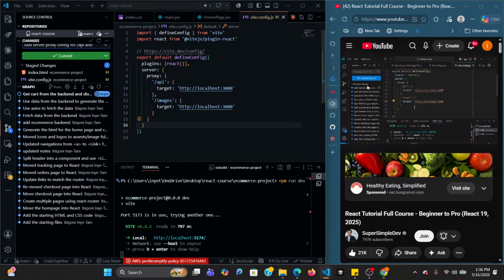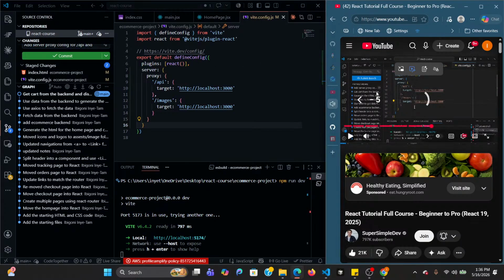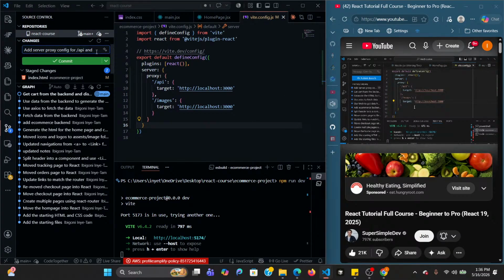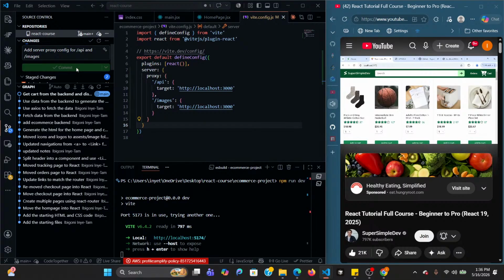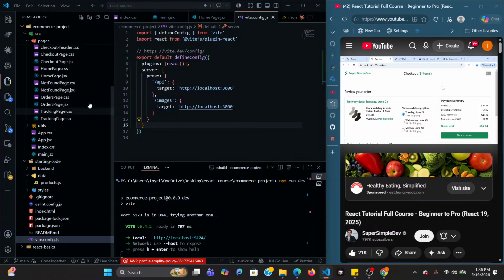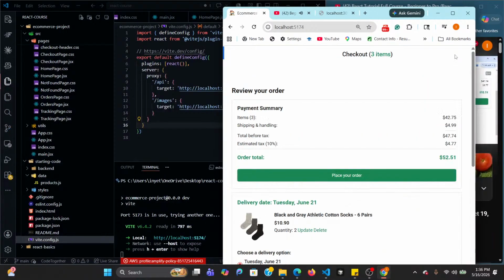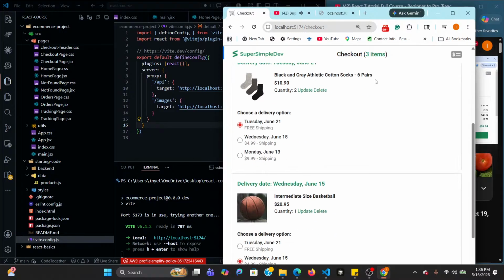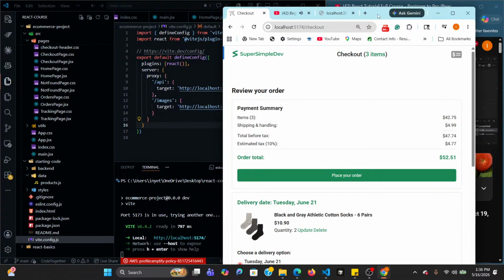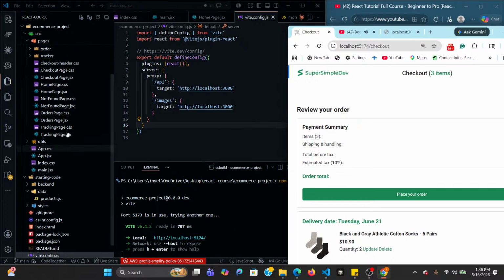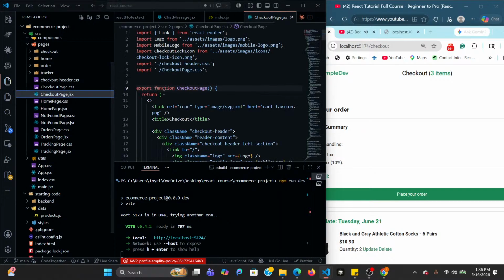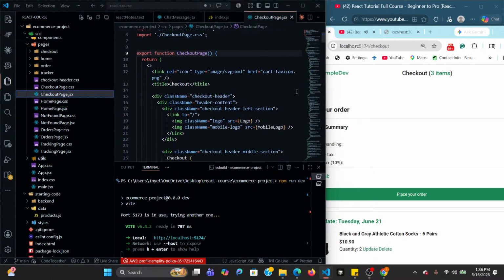Next, we're going to move on to the checkout page. So let's open the website, and we'll click the cart icon in the top right, and we're going to work on this page. So on this page, we also need the cart to generate this HTML. So we'll go back to our code, and we'll open our files, and we're going to open checkoutpage.jsx. And now inside here, we could do another